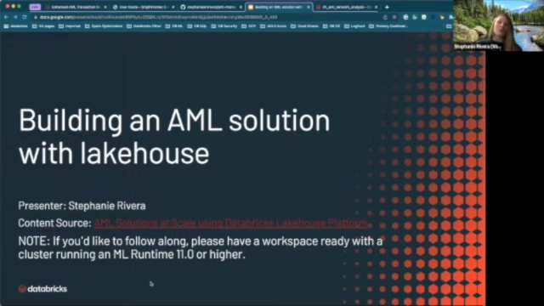And today we're going to be talking about anti-money laundering solutions, and how to use Databricks to help with that. Mainly, we'll be focusing on how you use Graphframes. And if you'd like to follow along, please start up a cluster with an ML runtime of 11.0 or higher. And hopefully you have your GitHub credentials already set up to access GitHub, and you can pull in the code